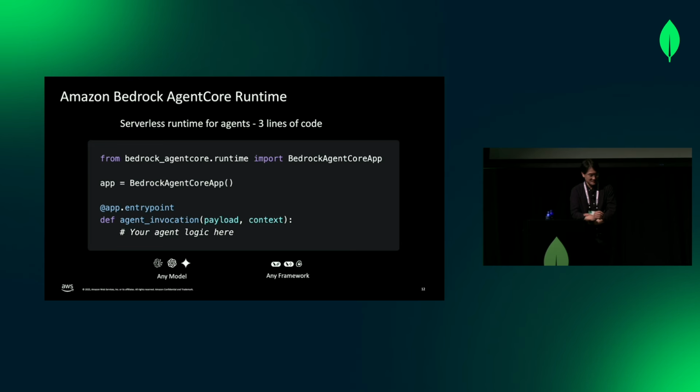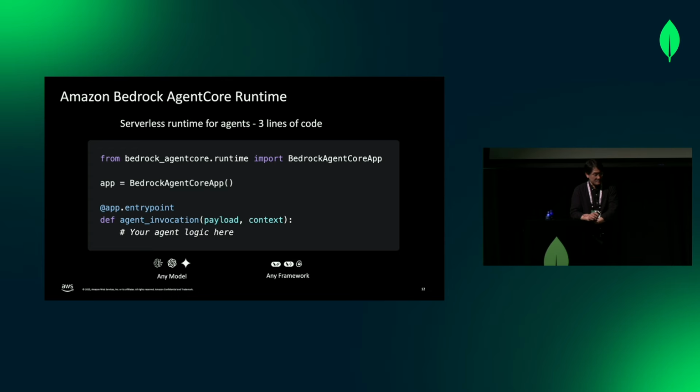Now, again, when you're done with your agent building, fully tested, users are happy, how do we take it to production, right? So we've introduced Agent Core. It is currently GA. So you can go ahead and deploy your existing agent with 3 lines of code. The Agent Core runtime is your agent serving layer. It is a serverless runtime. And basically with 3 lines of code, you can import your app, declare your app, and